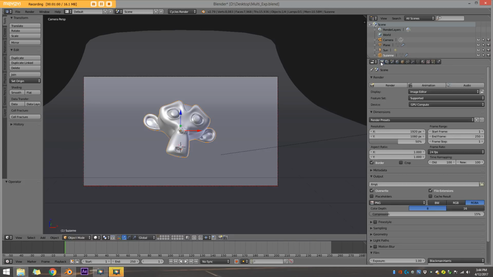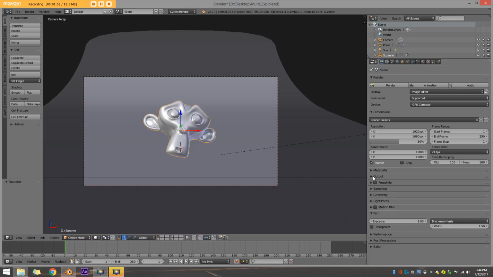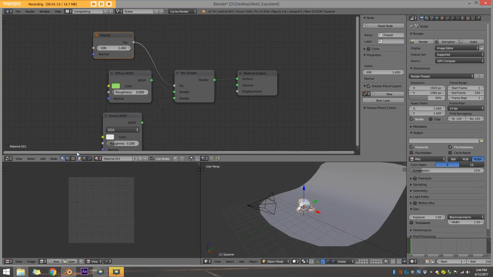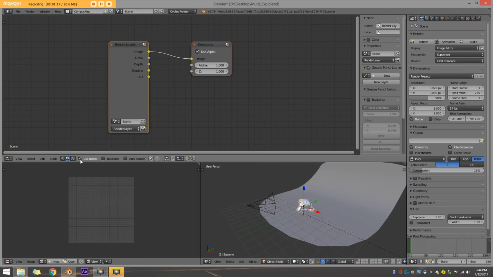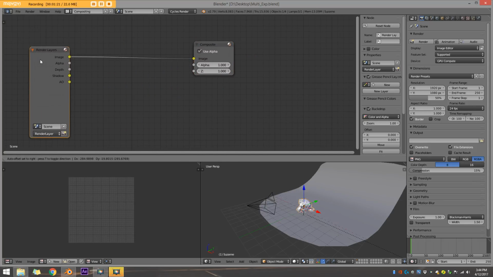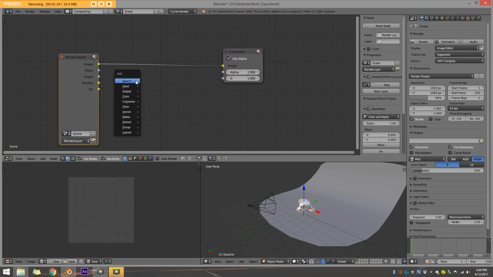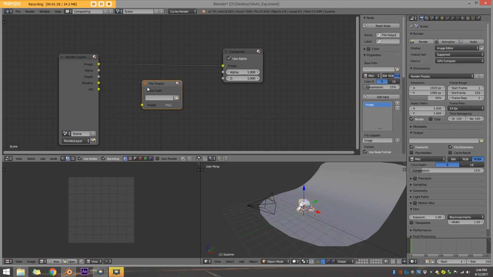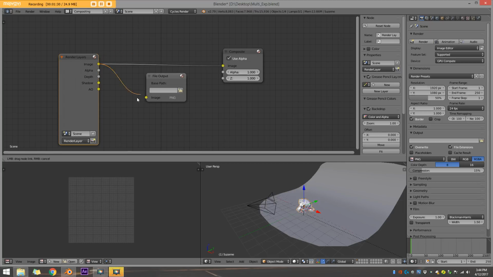So what we're going to do is, over here in our output, we're just going to not touch this. In fact, I'm just going to select this here and go delete. Make sure that's empty and just close this, because we're not going to be working through the output there. What we're actually going to do is go to our compositing, go to our layers, use nodes, backdrop, and what we're actually going to be using here is just one simple thing. We're going to go Shift A and get a file output. Okay, so what we're going to do is take our image, plug it into the image here,